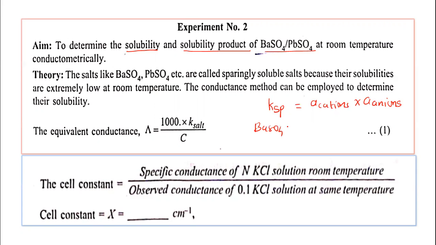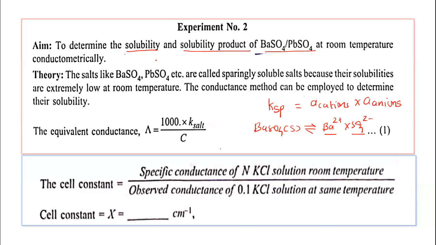barium sulfate, it is a sparingly soluble salt. Sparingly soluble salt means it is partly soluble. So it is dissociated to a very small extent and it gives the cation, barium ions, and sulfate ions. So the solubility product is the product of the activity of the barium ions and the activity of the sulfate ions. In this experiment, we have to determine the solubility product of barium sulfate or lead sulfate, and